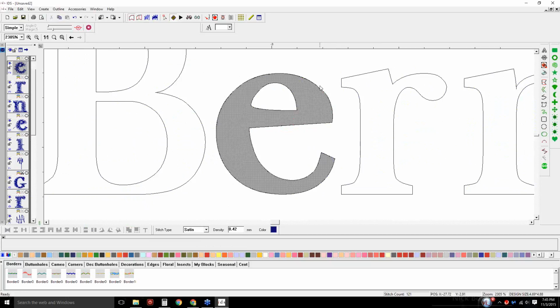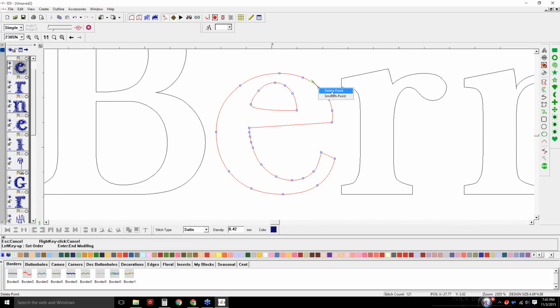Hold on. For some reason, it's too small, I think. If you can't get it because it's such a small area, just go in there and delete one of those points to smooth that. Because the satin stitching is going to look better based on how it's adjusted. Okay, so now I've kind of got this E elongated in here and smoothed out,